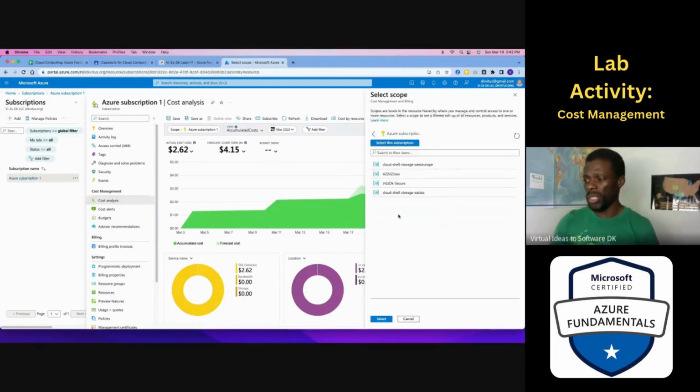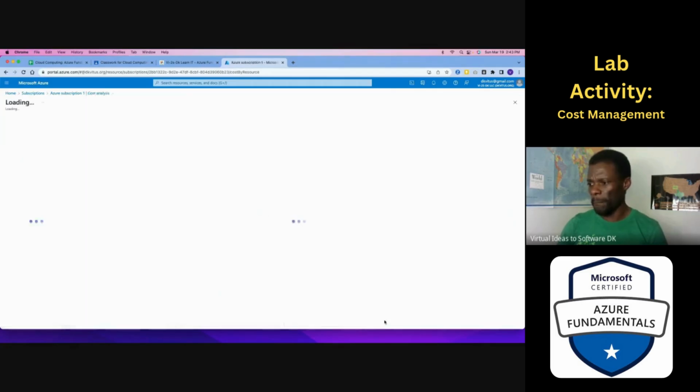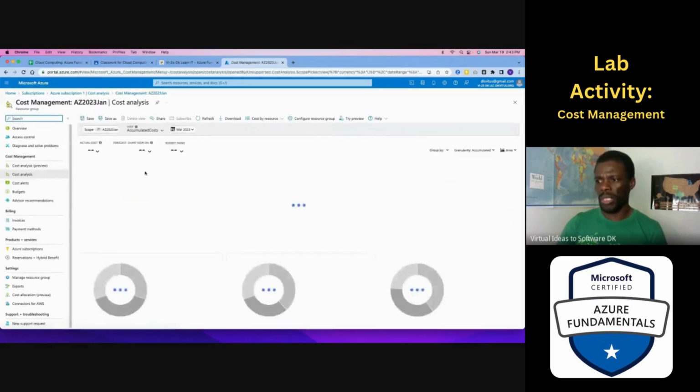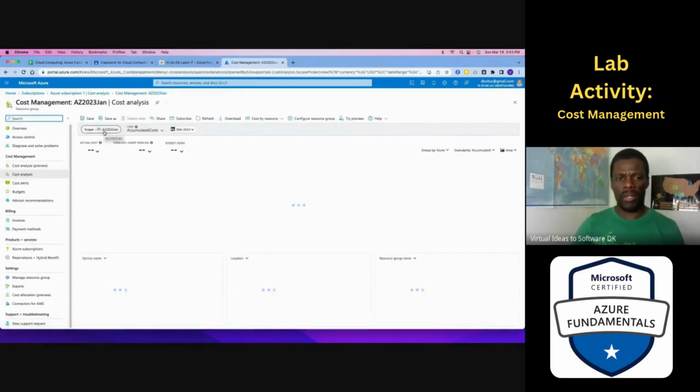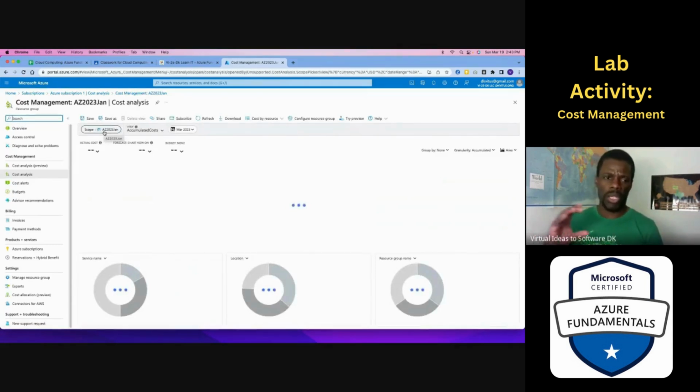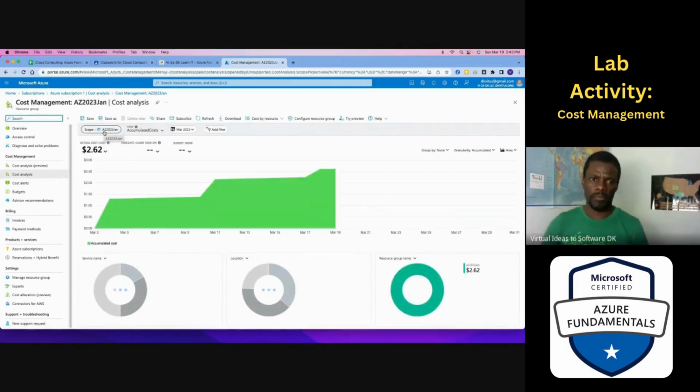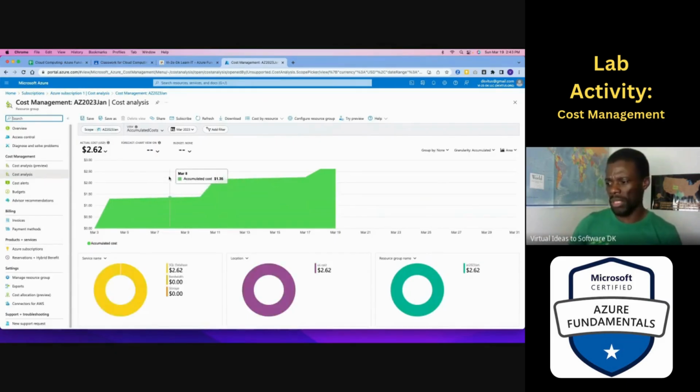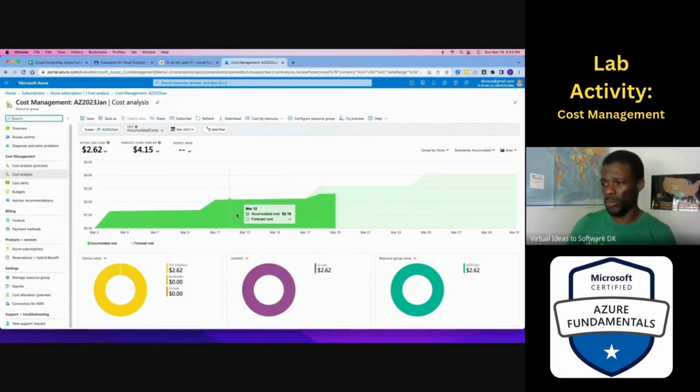But within the subscription, I have different resource groups. I have a resource group for Shell Cloud Storage in Western Europe. I have a resource group for AZ 2023 January. I think this is where the server is. So I can click on that, select that, and it will give me a different scope. So that's what we mean by the different scopes in which you can check your cost management. So that now is giving me what has been done for that